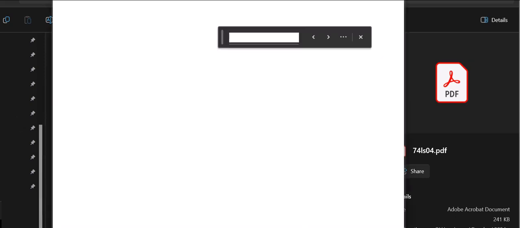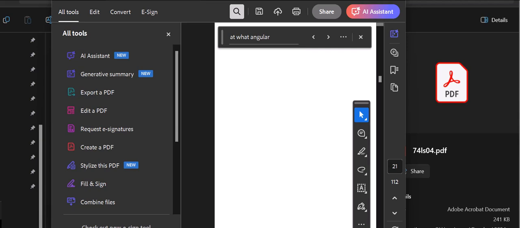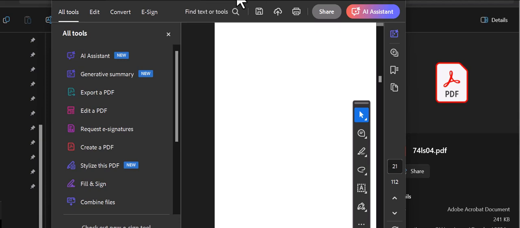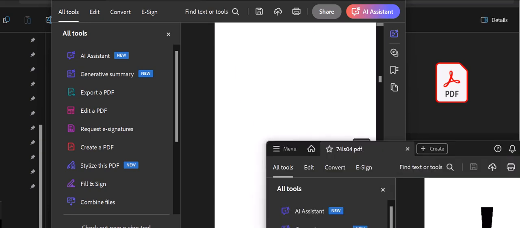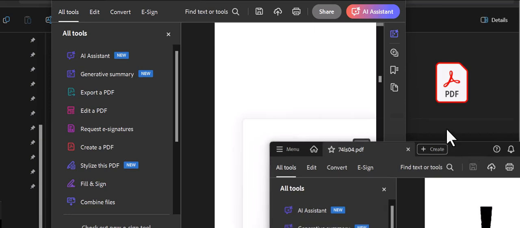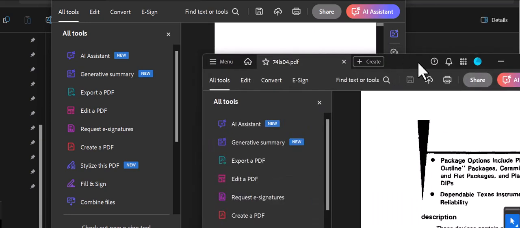And on the data sheet, so on the data sheet for the NOT gate,